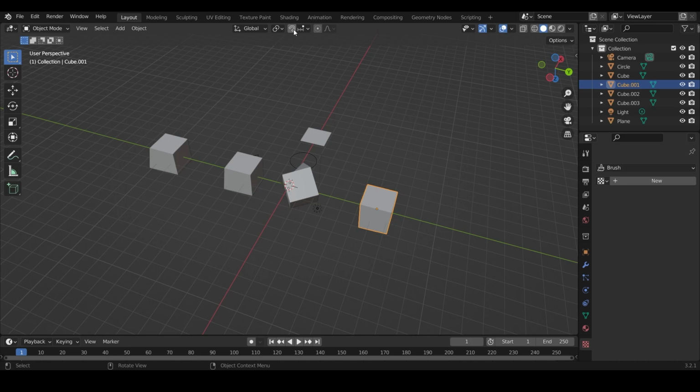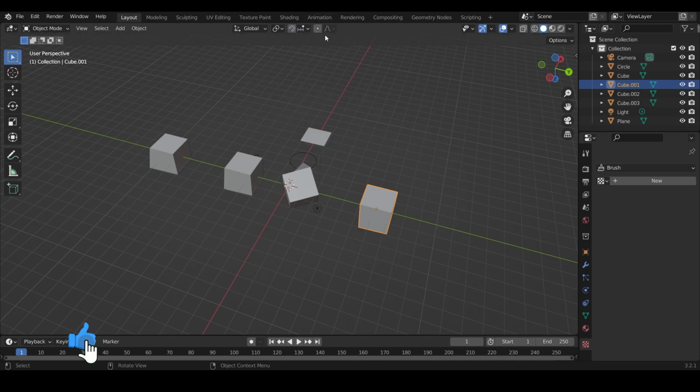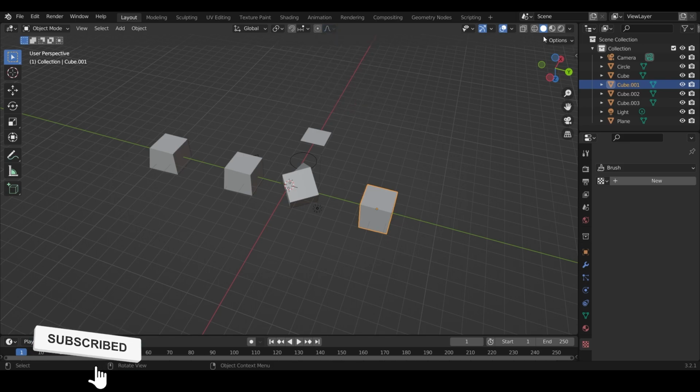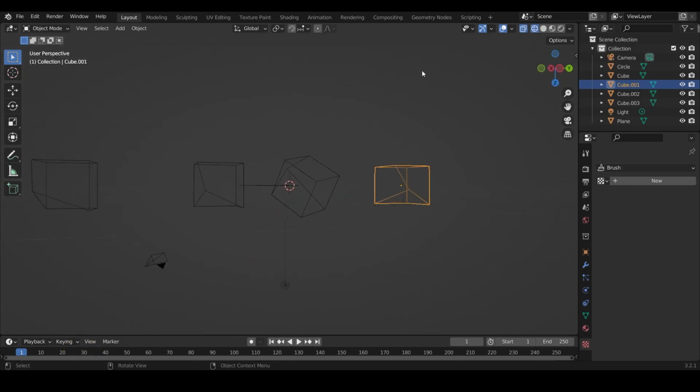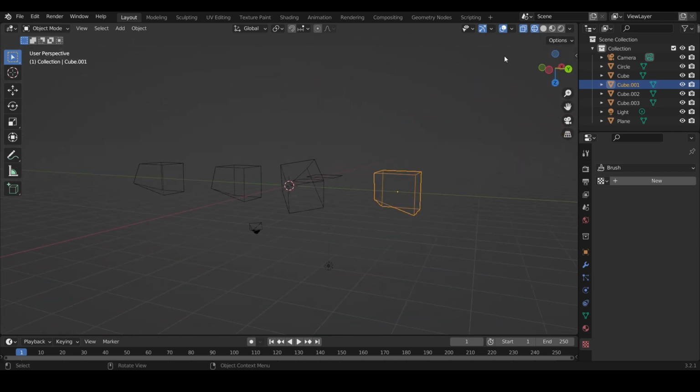You can also use this magnet tool with various things, how you want to snap your things, like to vertices and edges or face, whatever, it's up to you, okay. So now we are over here. You see so many things. This one is just transparent. It makes things transparent, okay. So this is